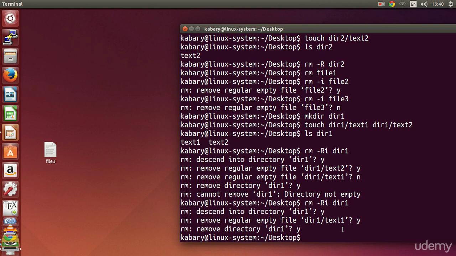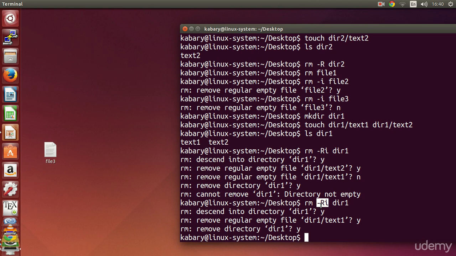That's really good. Okay, so the -i option is like a double check policy. You use it when you want confirmation. Sometimes there are important files that you want to keep inside of a directory. This is when you use the -i option to make sure that it will ask for your permission before